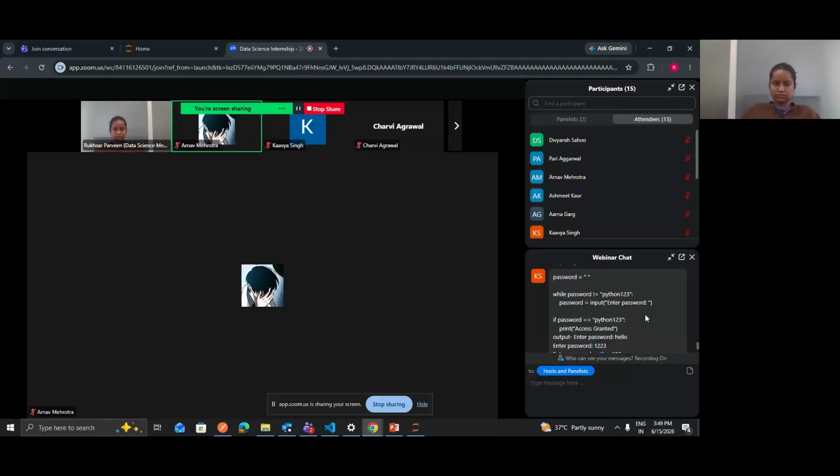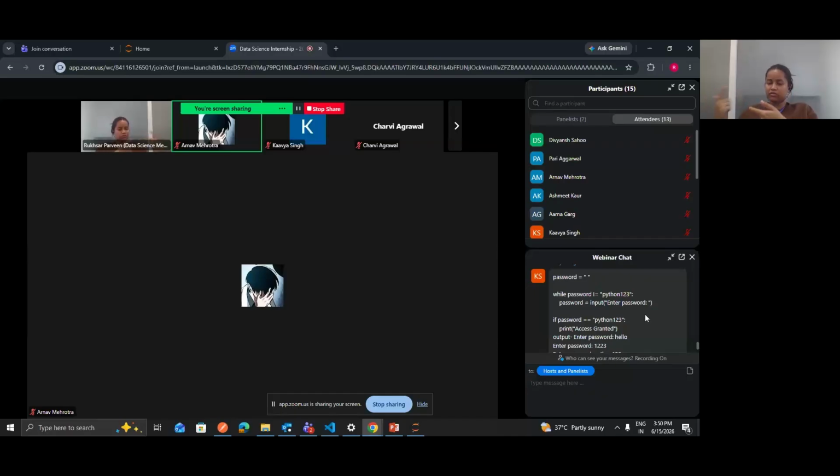Okay, guys, so you can see the solution that Kavya has pasted. She's taking the variable password, which is an empty string, and then she has taken this while loop, and inside it she checks whether this password variable is equal to Python 123 or not. If it is not equal, it will again take an input from the user and check again. This loop will run until the password is equal to Python 123.